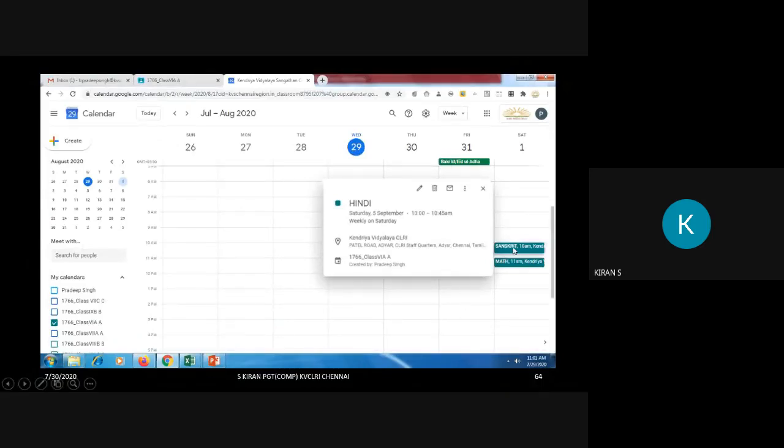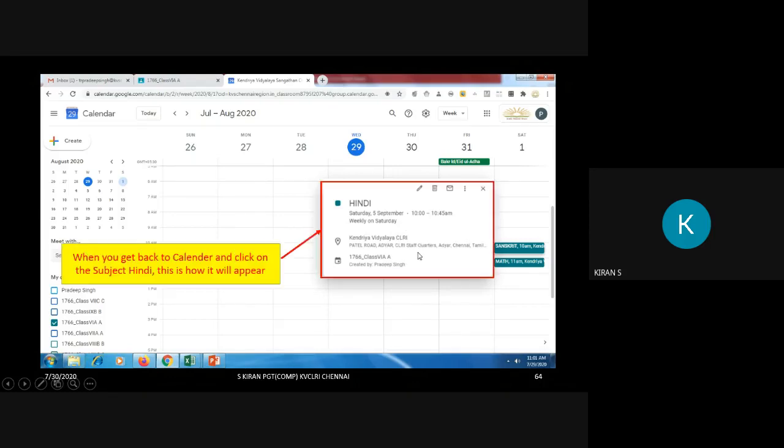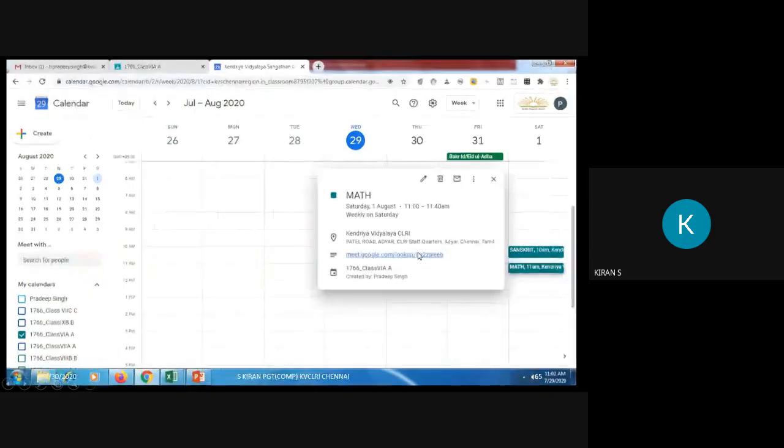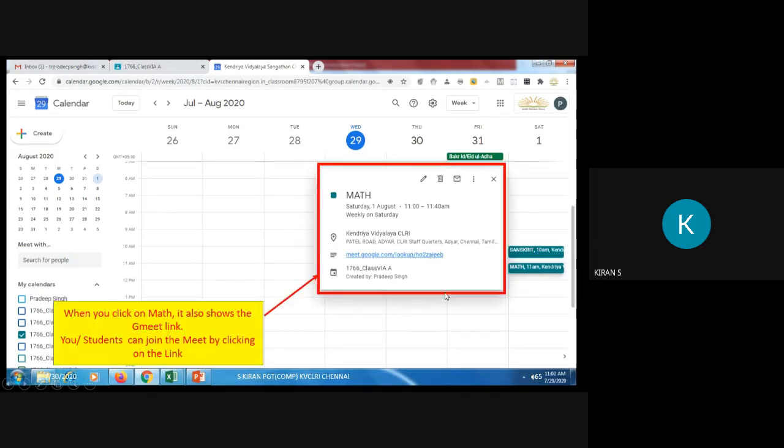If you see, the two subjects that we added will appear over here. So here when I chose Hindi, only the information is given, what is the time and other things like this. But if you choose math, even the link for the Meet will be displayed over here. The student can just click on the link added over here and join the Meet directly.